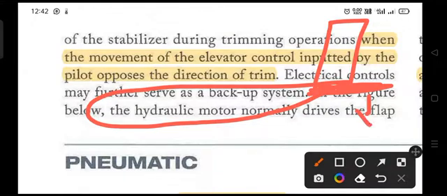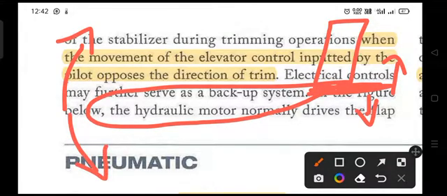Now if it goes down or it goes up, accordingly the pitching movement will happen. The aircraft nose will also go down and go up. So if the pilot is giving too much control input to the elevators, and he is trying to quickly descend or maybe quickly climb,